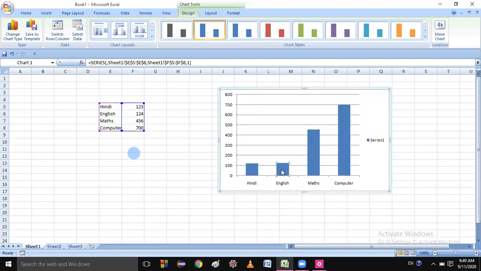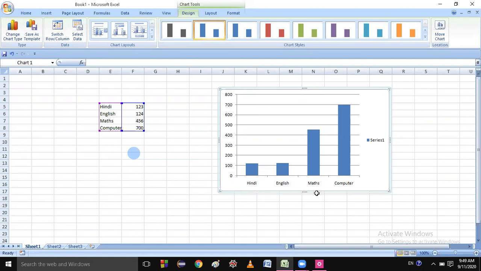Next, category names are the labels which are displayed on the x-axis and y-axis. Right now I can write the description also, that this y-axis has these values, and these are the subject names. So I can write the category names also, on the x and y axis.